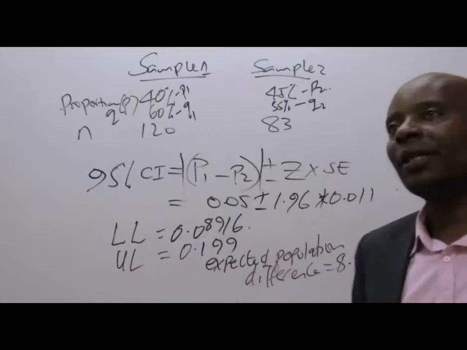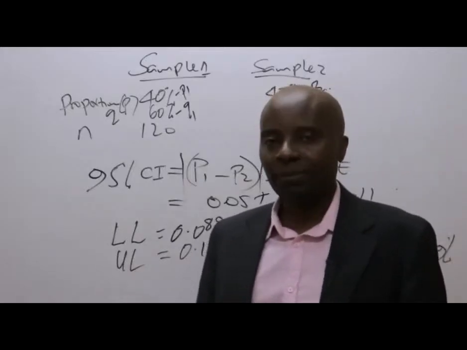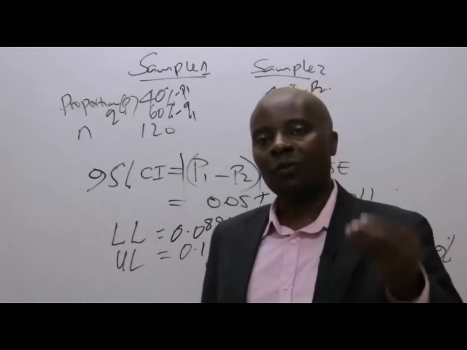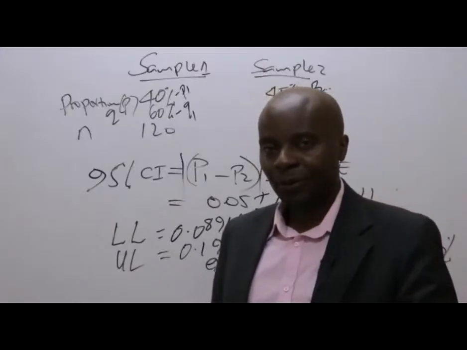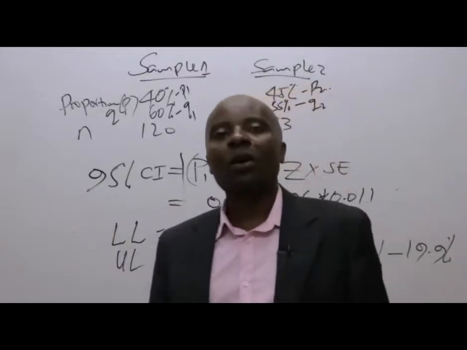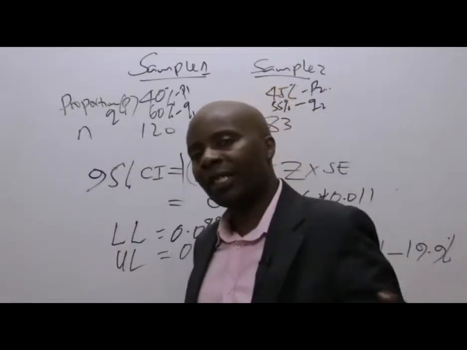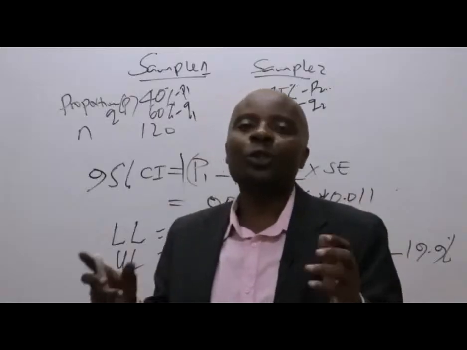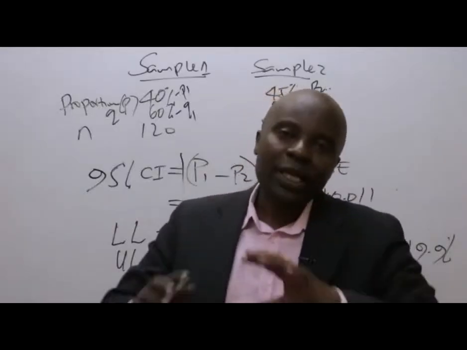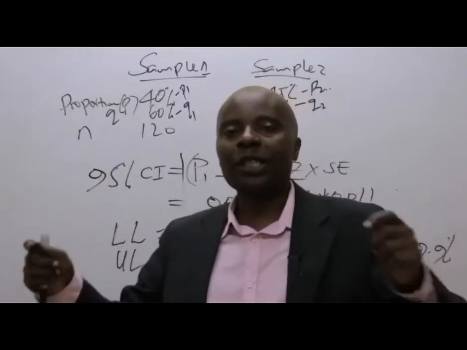You know, ladies and gentlemen, look at, for example, the COVID samples. You'll get sample 1 of 3,000 people who have been tested COVID, having, for example, 7% positive. Another sample of 3,000 having this particular. So we'll be asking ourselves, what if in this case we were to get samples from the entire country, how different will these sample proportions be? The bigger the percentage, the more the errors. Because honestly speaking, given that we are drawing the sample from Kenyans,